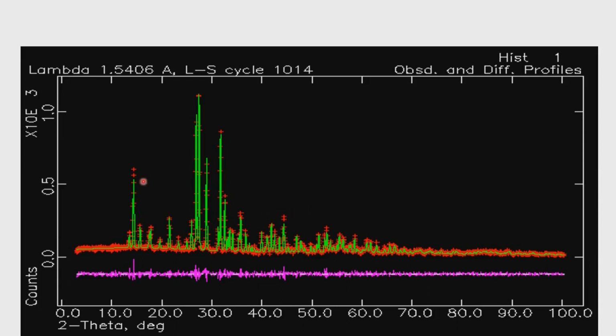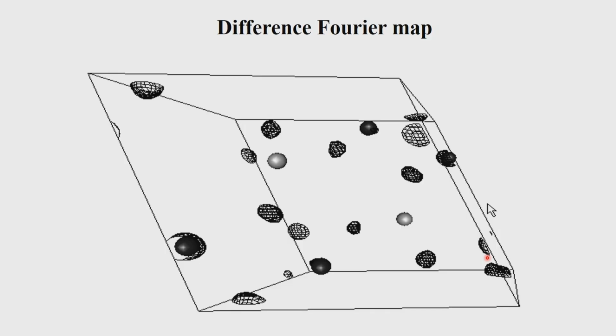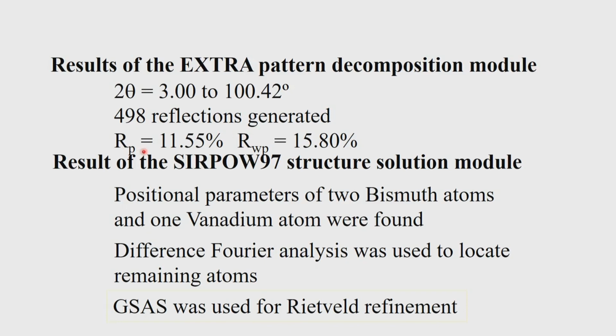Of course, each and every measurement now has a different advantage, because at lower angles we have more intensity, at higher angles we have less intensity. So, we need a modifying function, and that function is the weight factor. So, we attach what is known as a weight factor, and therefore, we have two R factors. The profile R factor, which is 11% here, 11.55%, which is pretty good for a powder diffraction pattern, and the weighted R profile is 15.80%. So, when we have this kind of a situation, we can believe that the 498 reflections are reasonably well generated.